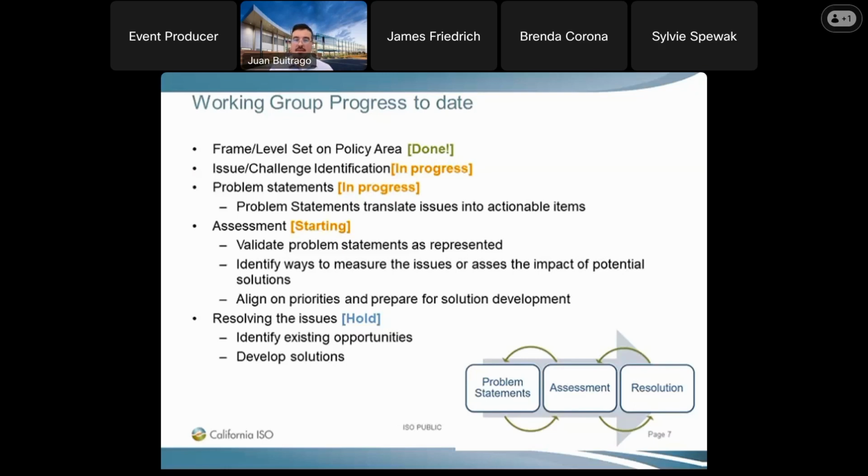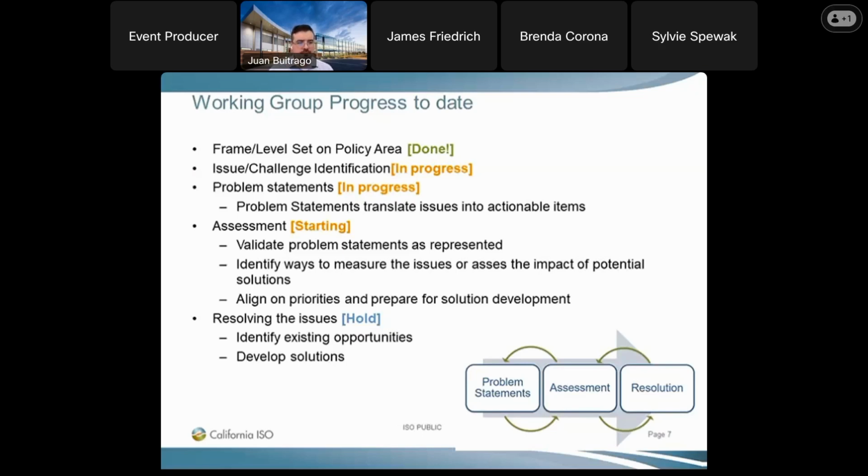so that we can really start and stimulate this dialogue. The problem statements, again, go from that issue and challenge identification. It's translating those issues into actionable items. What could we do to try to solve those problem statements is the ultimate goal. If you take a look at the visualization down on the bottom right-hand corner, we have a problem statement, we can refine it, we can take calls for different data to illustrate that problem statement. We're assessing that problem statement and refining it, and that will lead to the resolution,